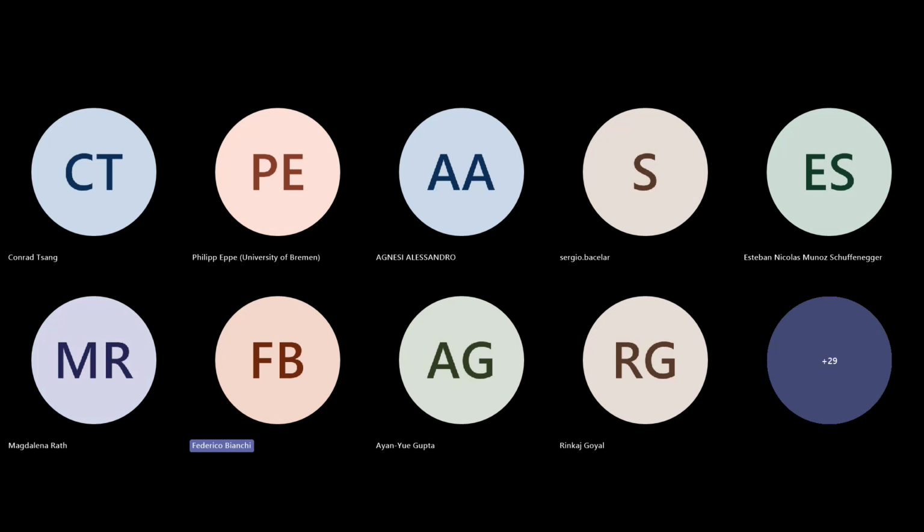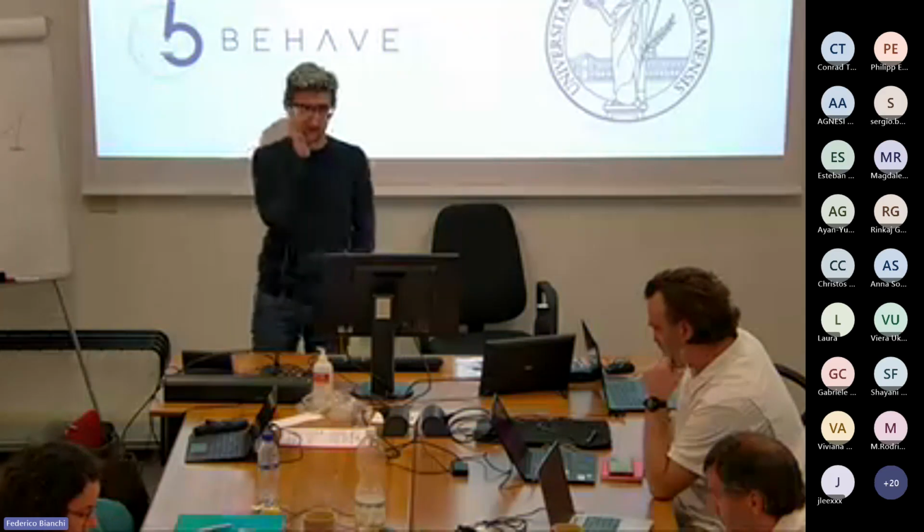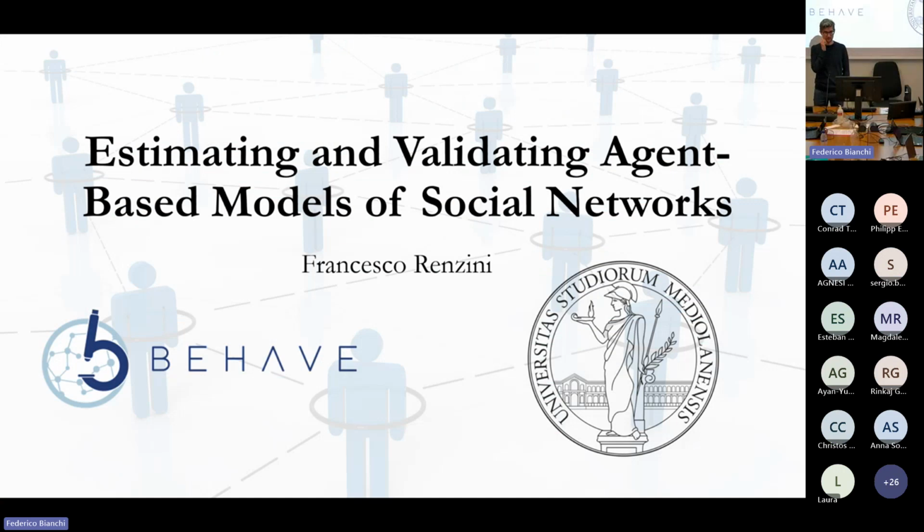And today I will talk about a provisional way of estimating parameters in agent-based models of social networks. And also, what Fede was referring to before, of an observed mechanism or complex nonlinear type of mechanism that might impact some network-related phenomena. So